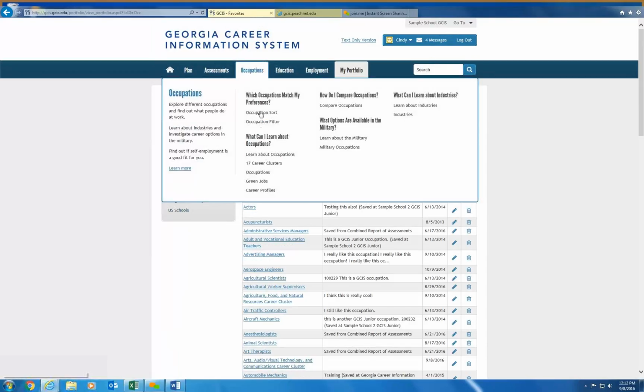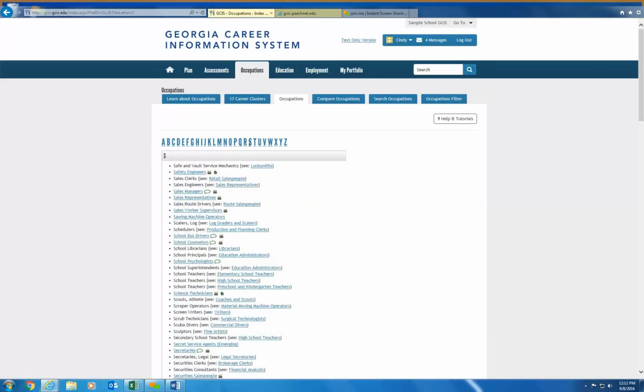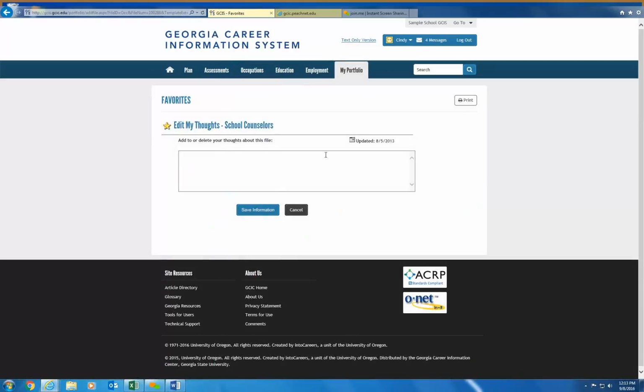I would go down to the Occupations link, which is the third element under What Can I Learn About Occupation. I will then have an opportunity to select another letter. I can look at all the topics related to a specific occupation. I would go to the upper right, click on Save.